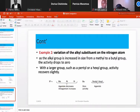Now the second example is where we have alkyl substituents. I'm sure we all know what alkyl substituents are. This is where we talk about methyl, ethyl, propyl, isopropyl, and so on and so forth. So they're adding these alkyl substituents to the nitrogen atom. And remember, we did mention that the nitrogen atom is one of the cardinal functional groups in morphine